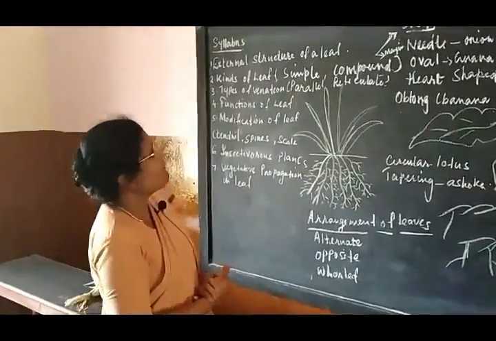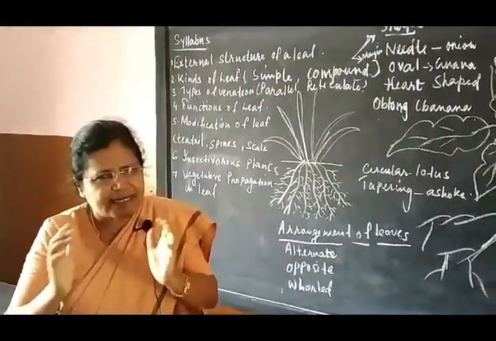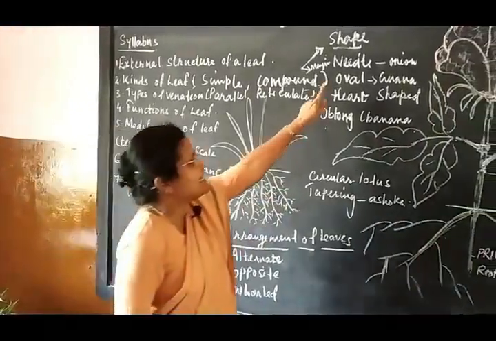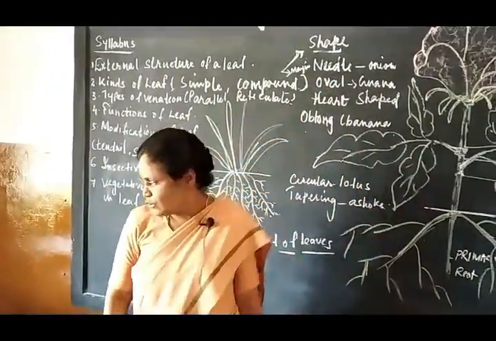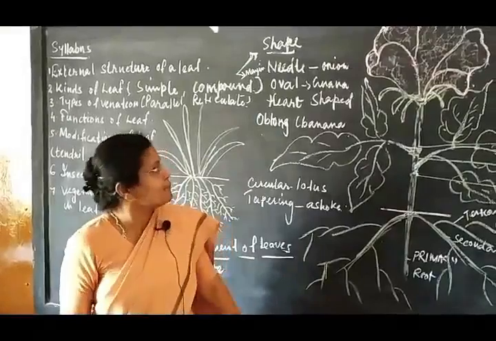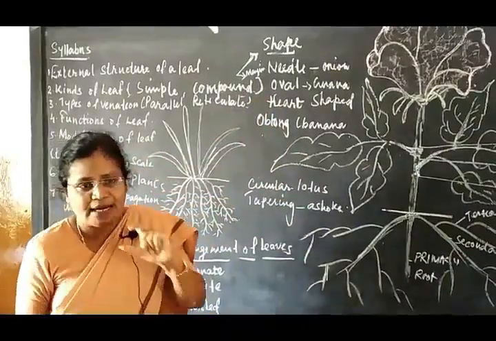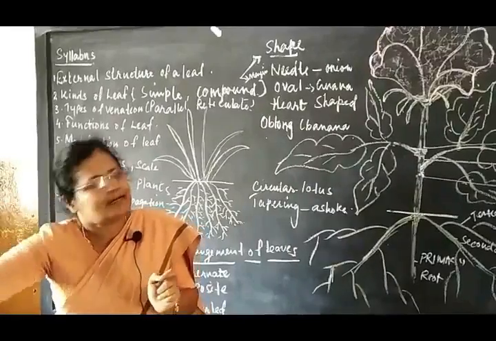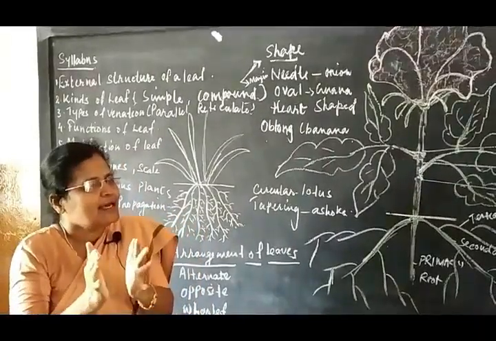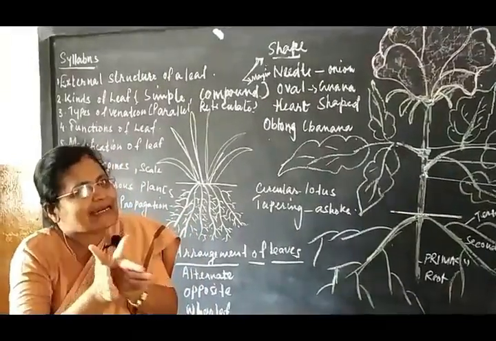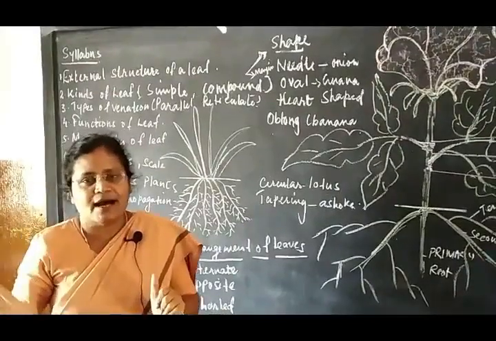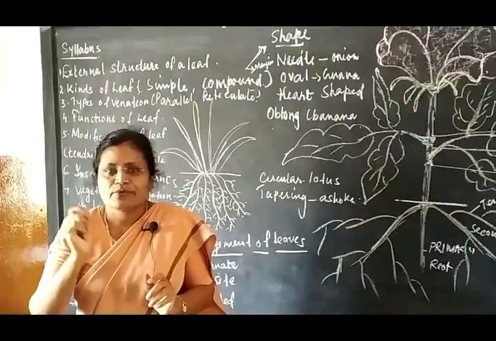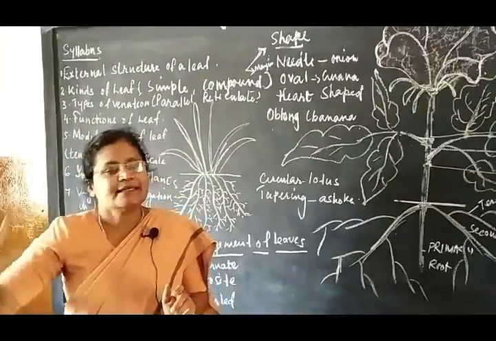Then coming to basing on shape, there are different types. Number one is needle shaped. An example for needle shaped is your onion. You just take the onion leaf and see it's narrow, just like a needle. The entire shape of the leaf is just like a needle. Take pine. If you go to Darjeeling and cold regions, you will see tall trees which have got needle